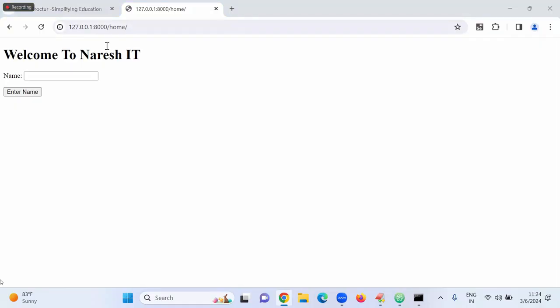Sir, in this form, once I enter the data, I am clicking on the submit button. Is it a get request or post request? Post request. Previously, every time I was using request.POST only. That's why everyone thinks that it is a post request. But it is not a post request. It is a get request. The reason is, sir, within the form,